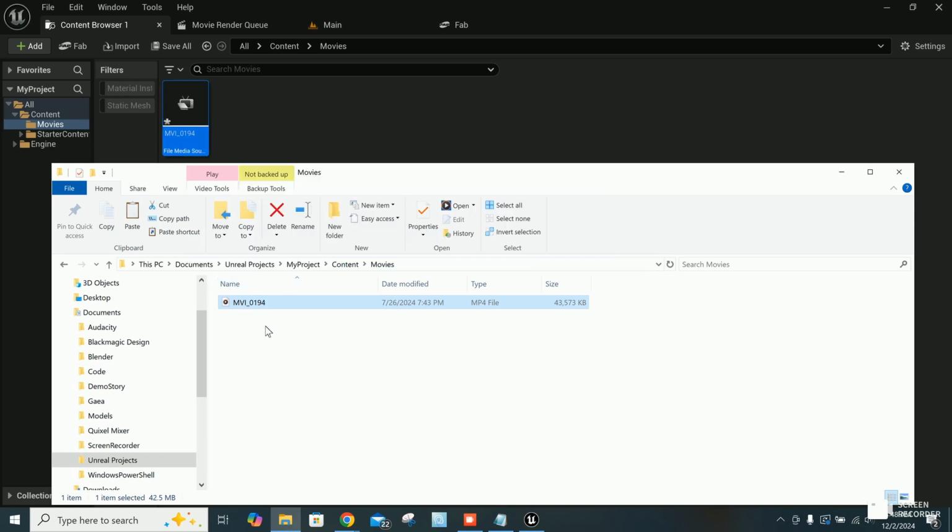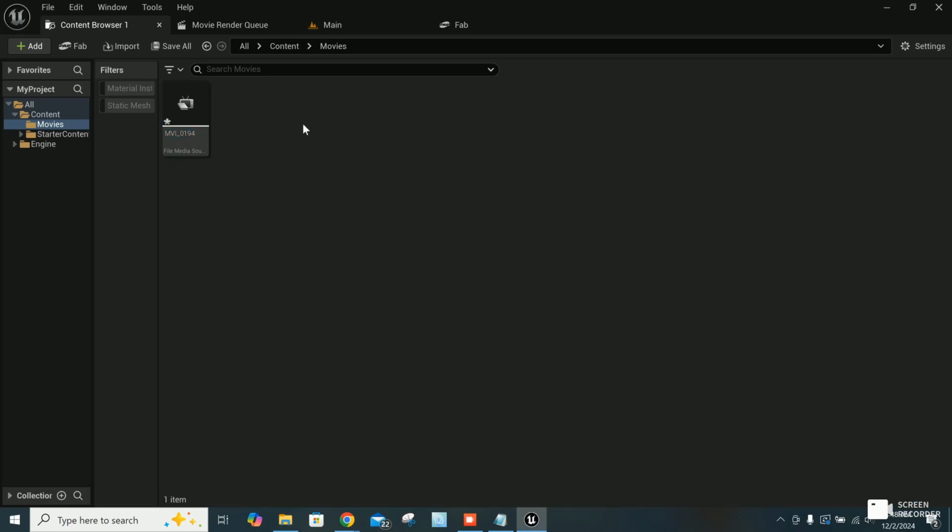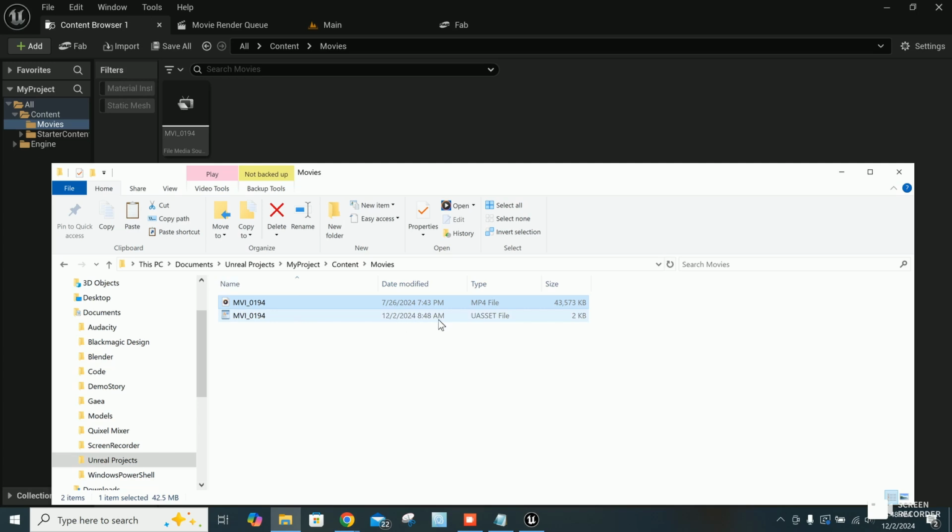And as you see, it still just shows this video file in the directory. But if we click Control Shift S to save the file, and look in our Explorer, you'll see the Unreal asset file. So now the video file is set up so we can add the media player and be able to display this video. So let's close this,